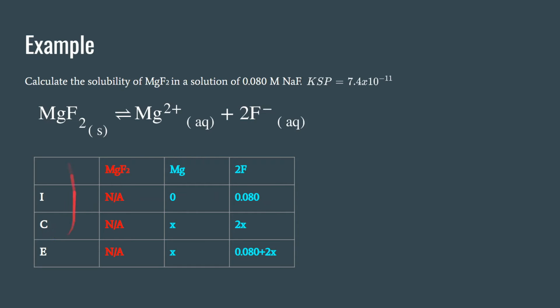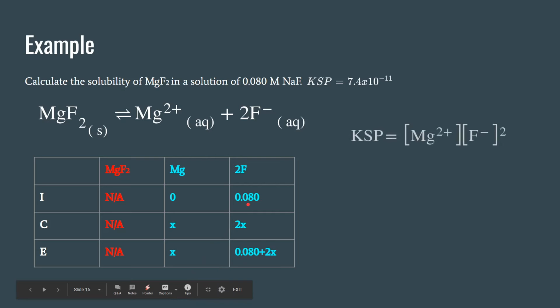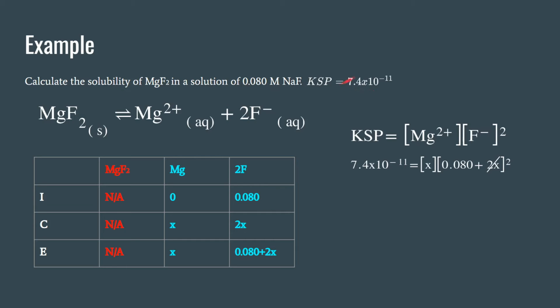Now for change, you don't have anything for MgF2. For Mg you have just X because it's 1, and then for this one it's 2X because you have 2, obviously. For E you just add them up, and then you make the KSP expression and plug in the numbers. So KSP equals X multiplied by (0.08 plus 2X) to the power of 2. Now, since this number is so small, you can basically consider it insignificant